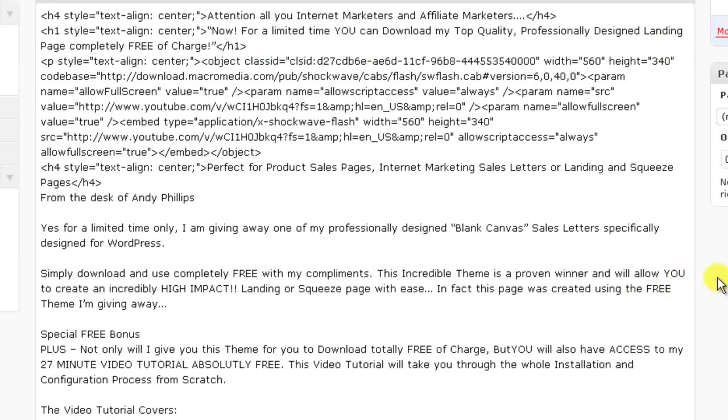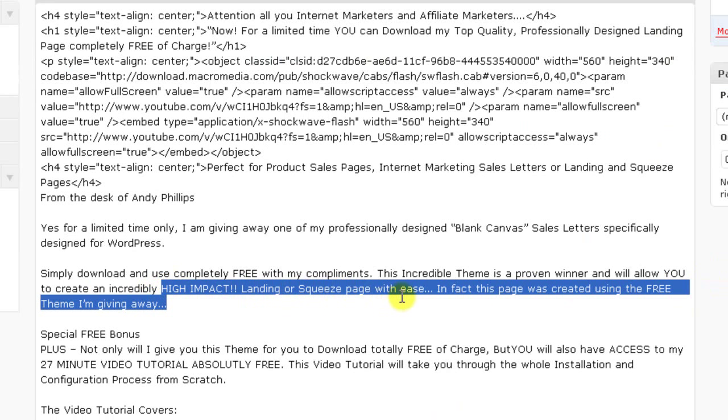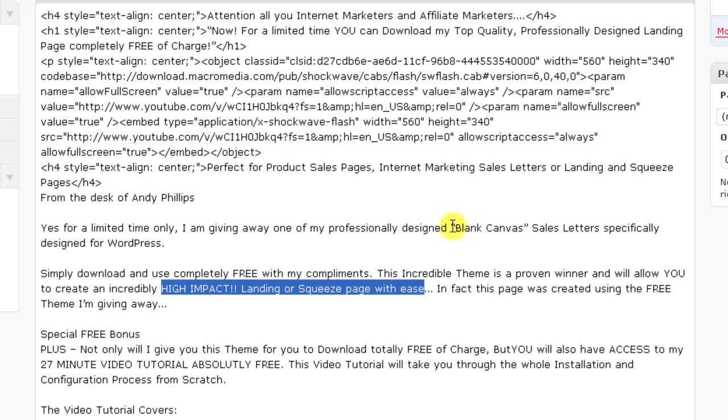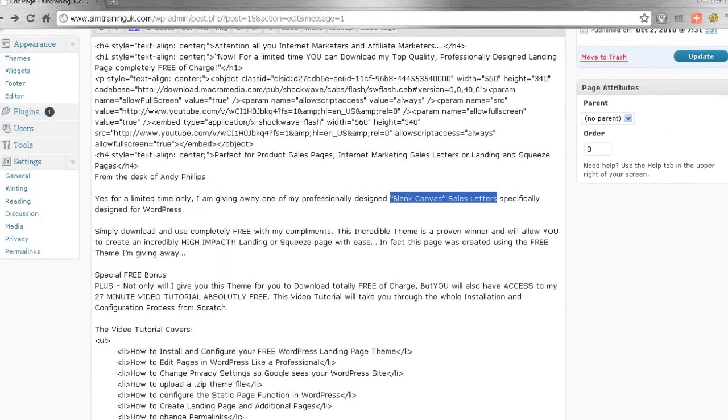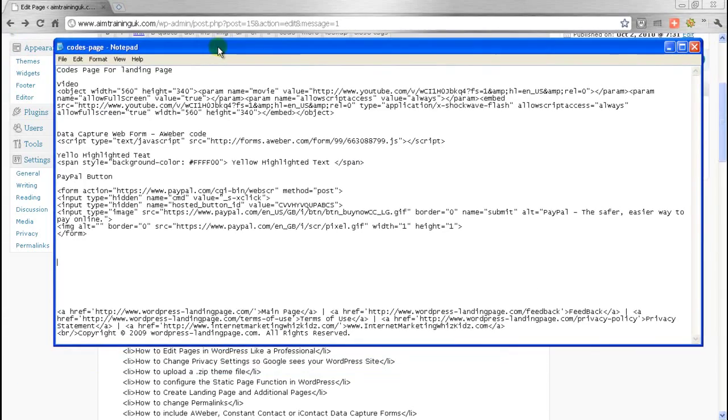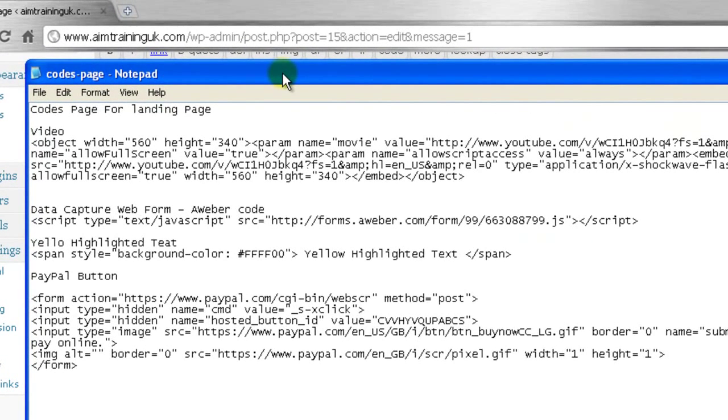and I'm going to put that yellow highlighted text on a few places here. I'm going to put it on high impact landing or squeeze page with ease, and I'm going to put it on this blank canvas sales. In fact, I think I just put it on blank canvas sales letters. So first we do, and again we've got a cheat sheet with all these codes on it. And so what I'm going to do is I'm just going to take that